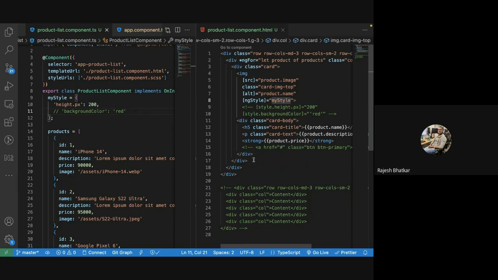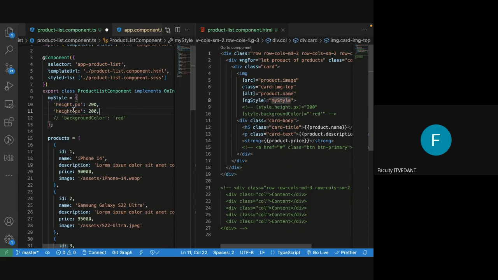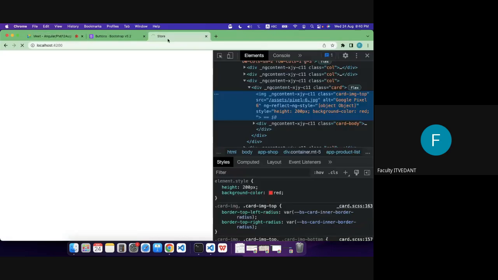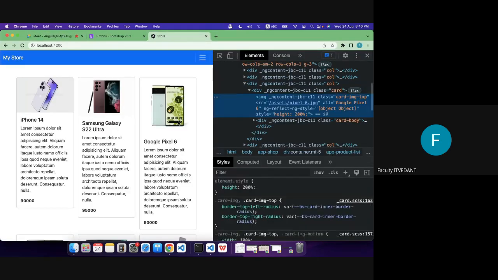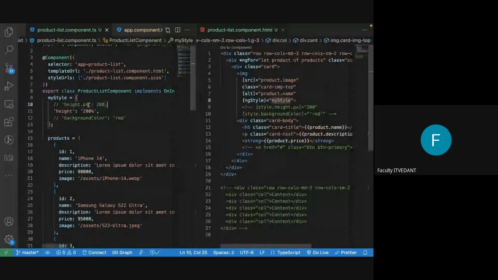How to specify height in percentages, sir? We are using this ngStyle. If you want to specify a percentage, you can directly write height equals here percent, which will be applied as a percentage. You can add a unit as well, but I don't remember the unit. It's height 200%. I guess it's PRC, maybe. I don't remember it now because